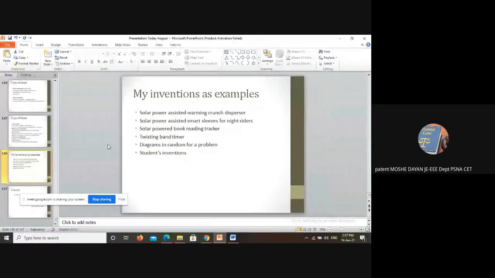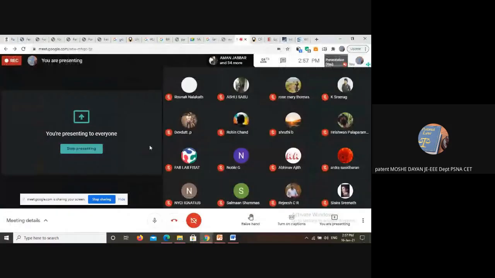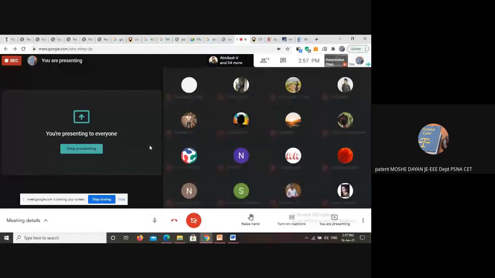I have two more inventions. Today, in the second part, we saw two things. First, patent searching. I'll give a quick summary before I finish. I will finish sharply by 3 o'clock. Thank you for your patient waiting. So we first saw patent searching: Google Patents, advanced Google Patents. We saw USPTO. In USPTO, we saw quick search, then searching through field codes, and then searching through classification codes, that is CPC, Cooperative Patent Classification code.